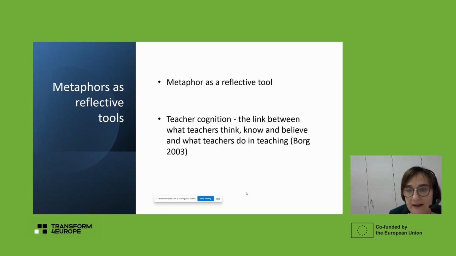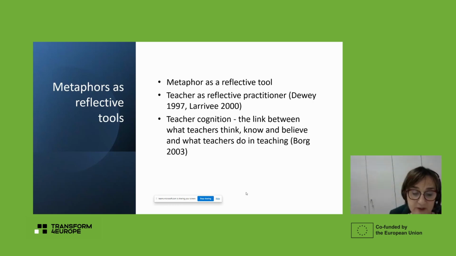And perhaps it's important to say that the metaphors also highlight the role of us, of the teachers, as reflective practitioners. So we are reflective practitioners. Why is it important to see ourselves as reflective practitioners? Because this idea of reflective practitioner gives us the message that we should always constantly evaluate our beliefs, our assumptions, and think about the role we are playing and we are supposed to play as university teachers.